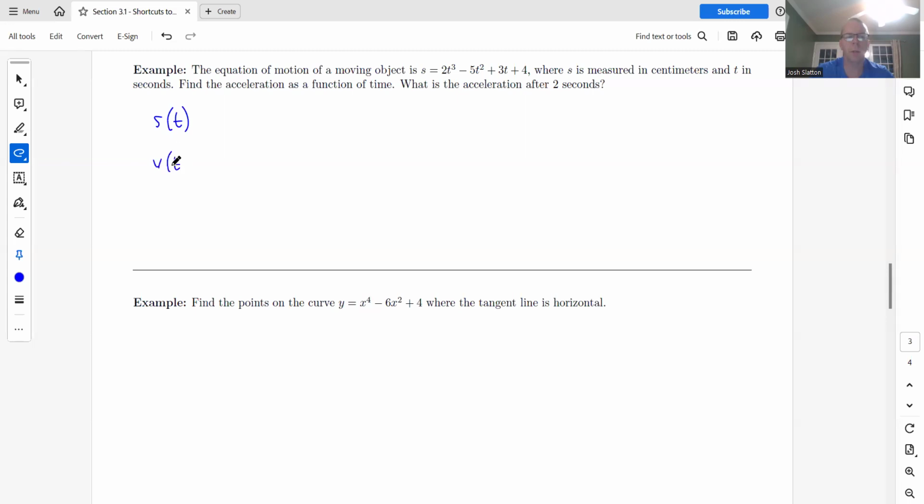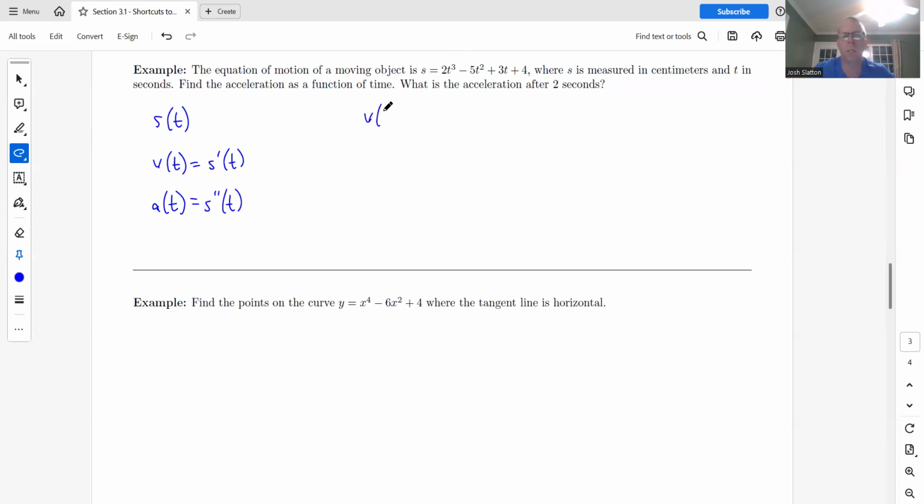v of t is going to be the derivative of s, and then a of t is going to be the second derivative. It's going to be the derivative of the velocity, or the second derivative of the position. So that's always the relationship between these. So if we're looking for the acceleration, we really just need to take the derivative of this twice. So we need to find